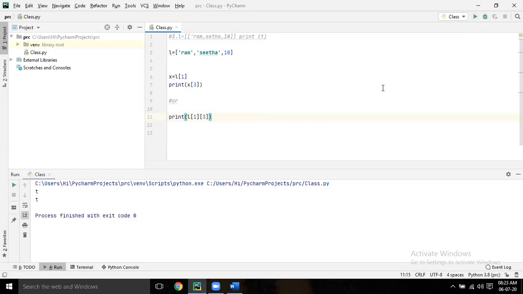See, instead of L of 1, you have assigned it to a variable x. That's it. Yes, sir. Okay. You can do it this way, in 2 lines or in 1 line. You can assign this L of 1 as x. So x of 3. So instead of x, now you are writing L of 1. Same thing.